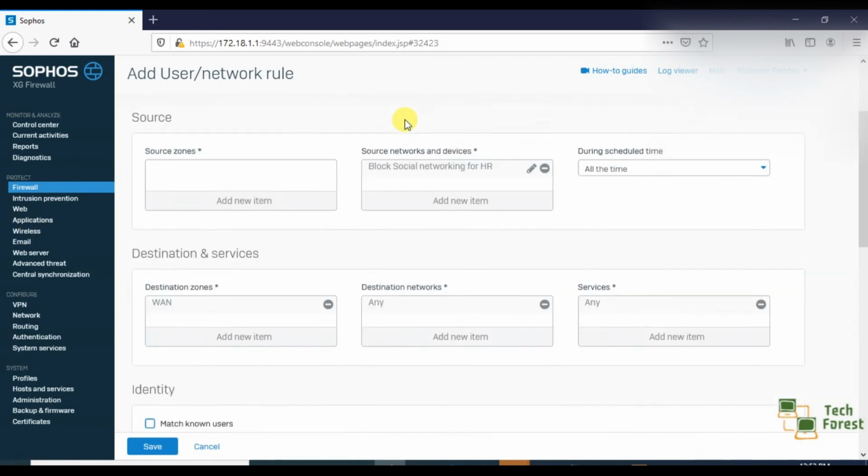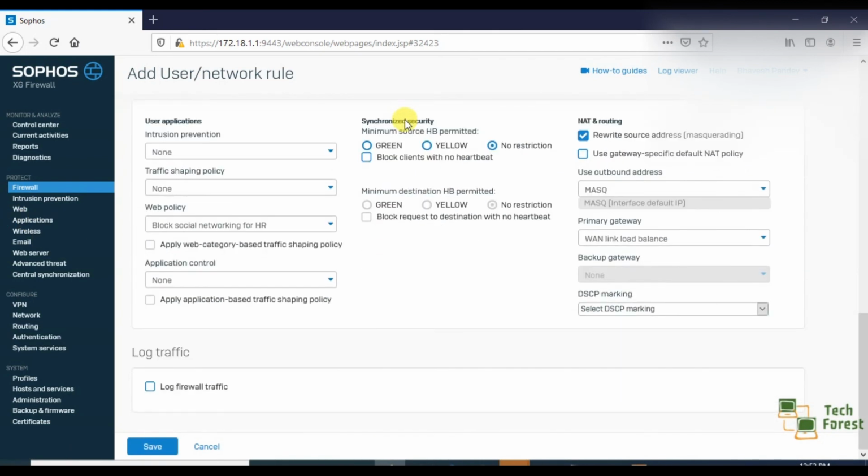So in this video we have covered how we can create a firewall rule, how we can bring specific traffic from a specific computer onto a particular rule, and how we can block websites like social networking.